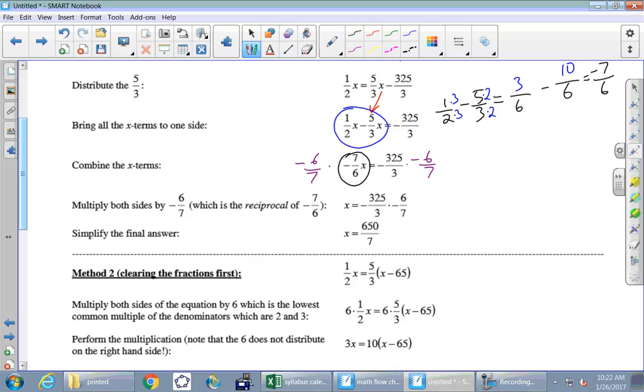And why it's a good thing to do is that, let's see, 7 and 7 cancel, and 6 and 6 cancel, and that negative times that negative makes a positive. And so all that remains on the left-hand side is 1x, which is the goal, right? We want 1x. So the last thing we need to do is multiply